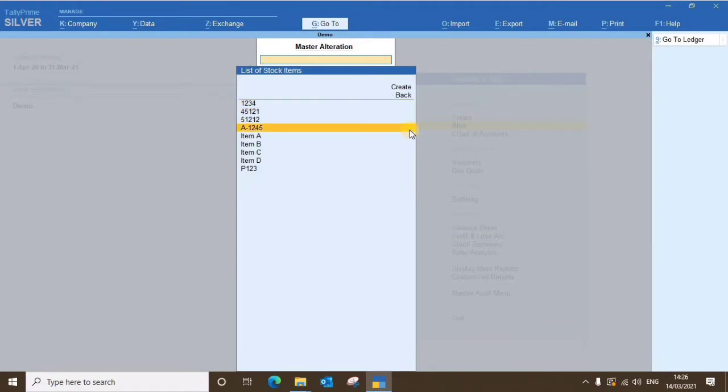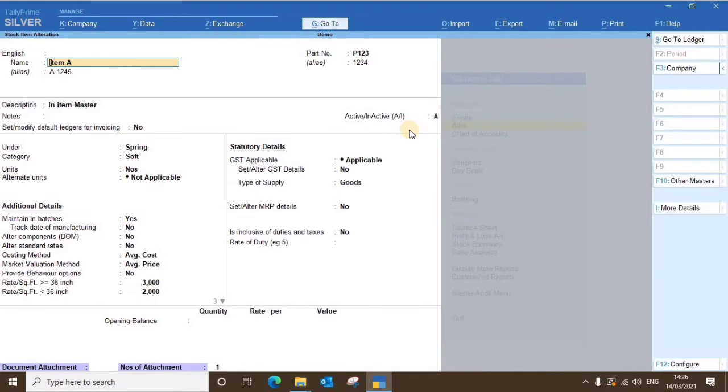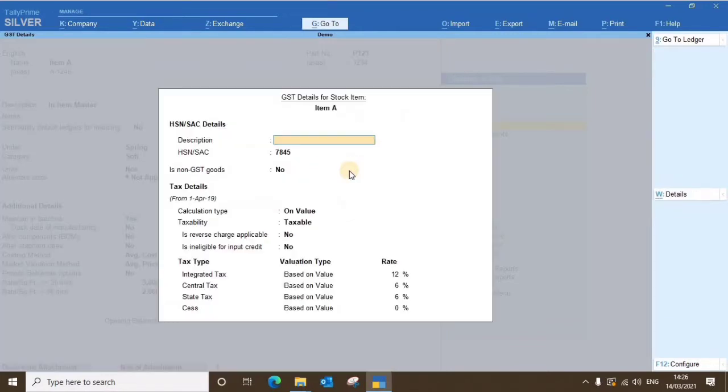I will show you the product master screen also. You can check whether your product master exists in Tally or not. If it exists, check all the information related to the product master, such as the HSN code. If it is a service product master, check whether the service-related SAC code is entered or not. Just check it and accept it.